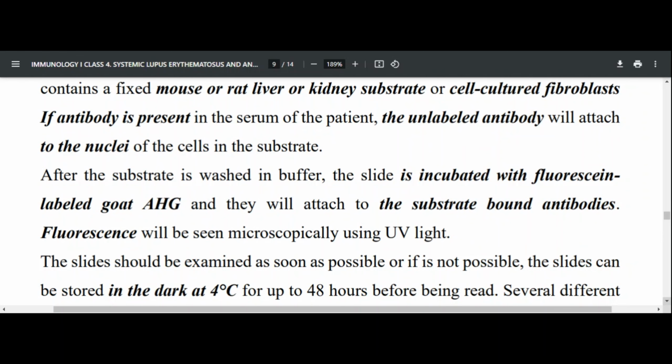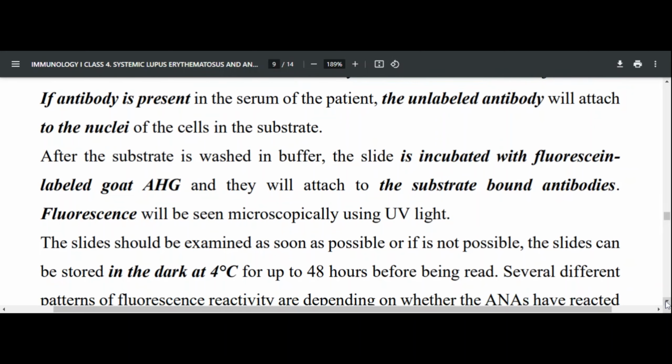Then fluorescence will be seen microscopically using ultraviolet light. The slide should be examined as soon as possible, or if not possible, it can be stored in the dark at 4 degrees, and this can last for 48 hours